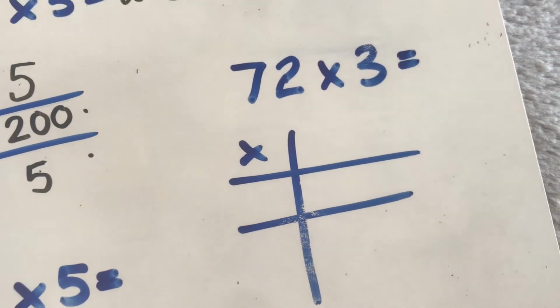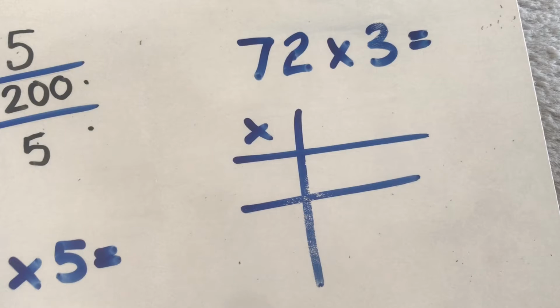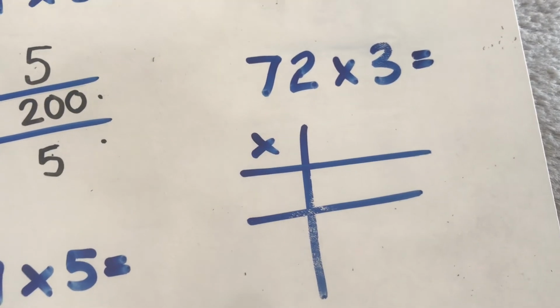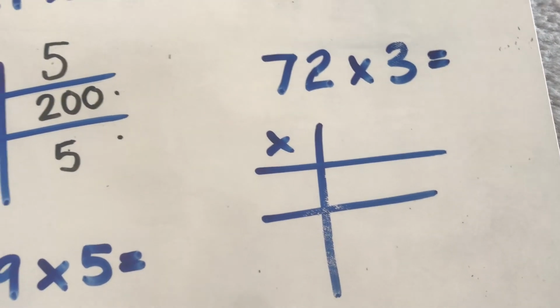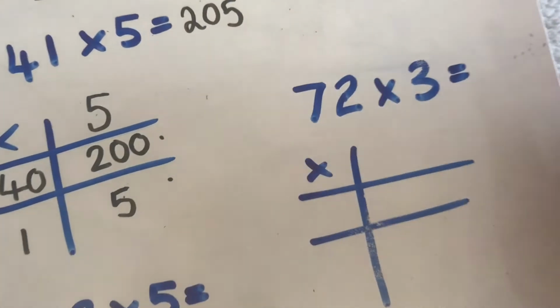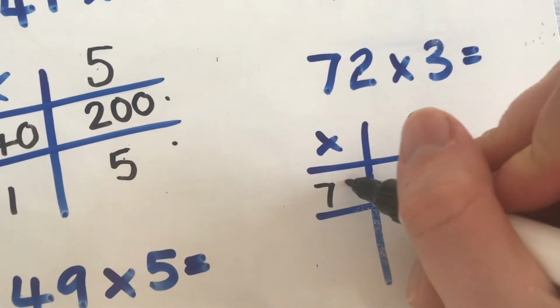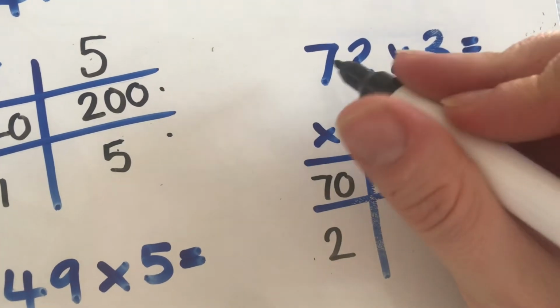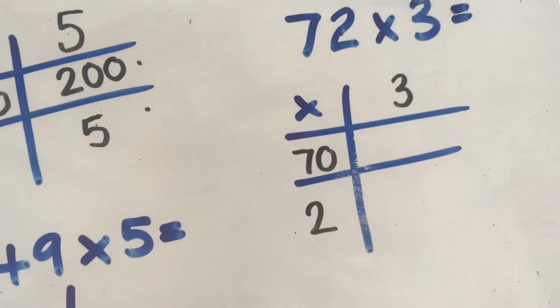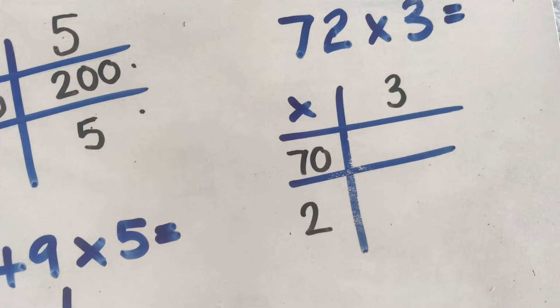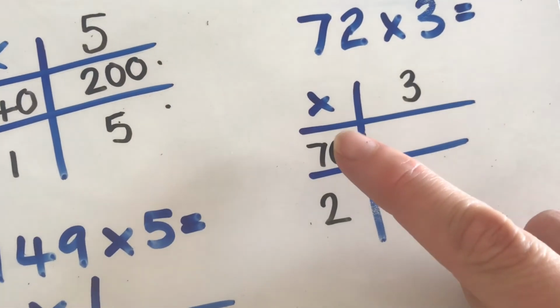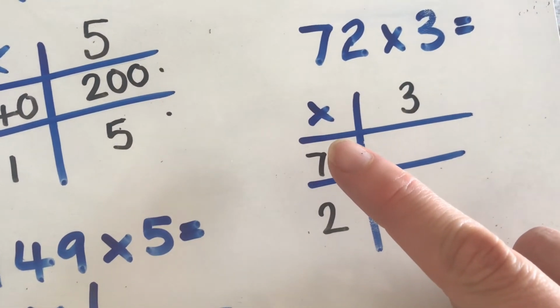Okay, let's have a go at this one then. Same again. Pause this video if I'm going too fast, Y3. Draw your grid. We're doing 72 times 3. Let's put our numbers in the correct place. We've got 3 here. We've got 72 because we're partitioning this number. 70 times 3 is too tricky to do in our head, so if you get rid of the 0 just for a minute,